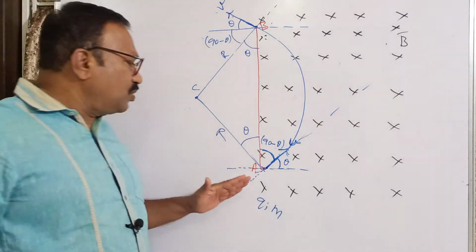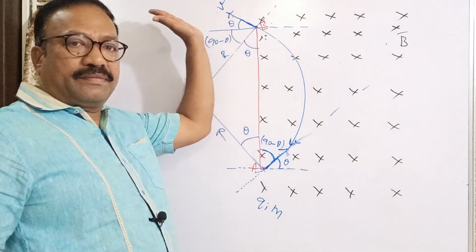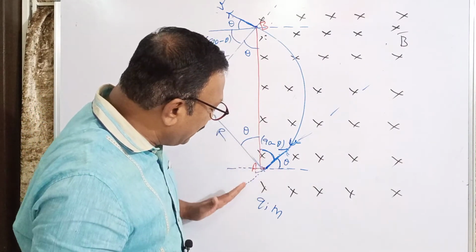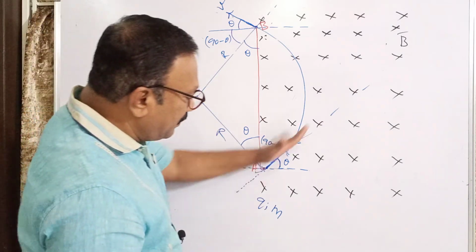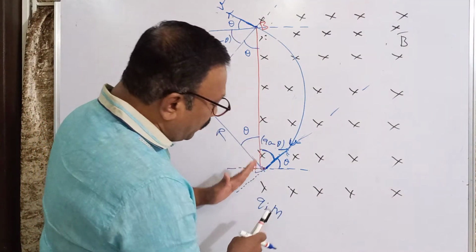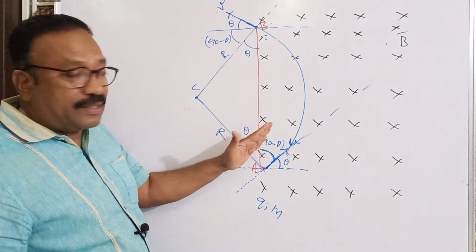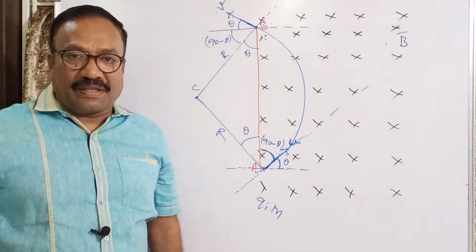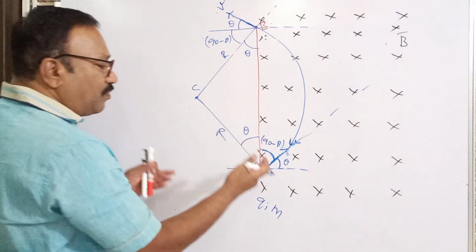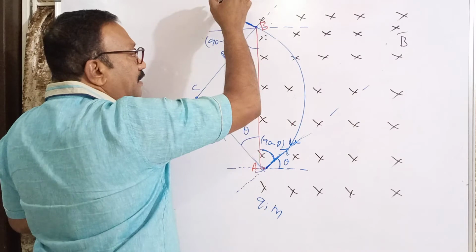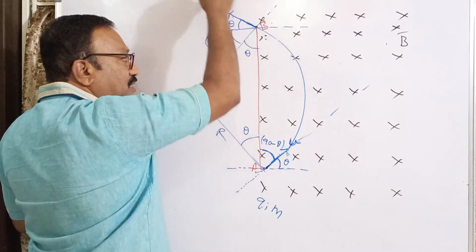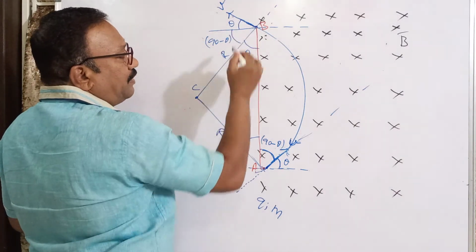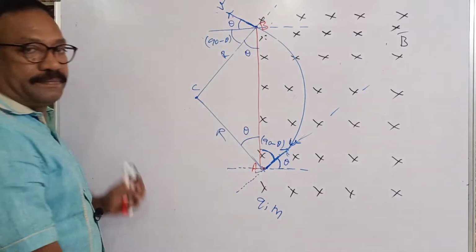So first point, you are supposed to note that this is a circular motion. So it follows a symmetry here. When it follows symmetry, at what angle is it entering? With respect to horizontal, this is the velocity direction, this is a horizontal line. So with respect to horizontal, it is entering at an angle theta. Therefore, it leaves at an angle theta with the horizontal. So it follows symmetry there. Next, same thing here also. Velocity is always tangential, this is radius. If this is theta, this is 90 minus theta. Again, these two are perpendicular, this becomes theta.